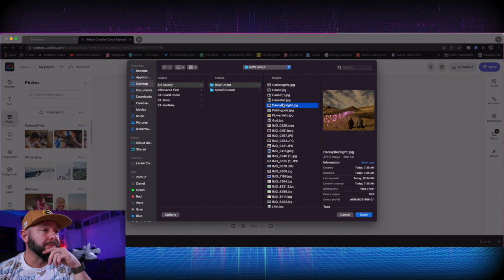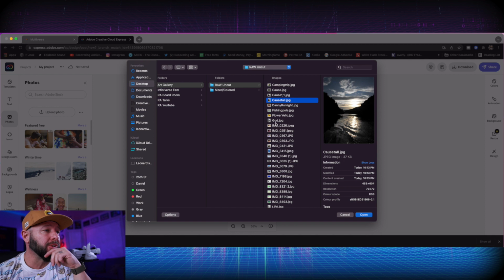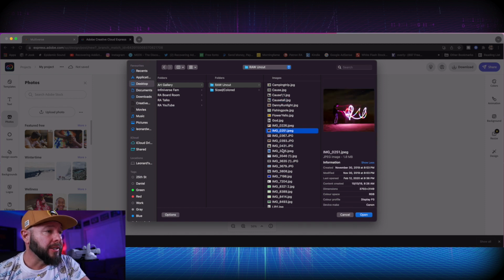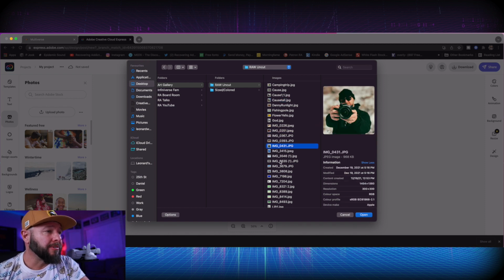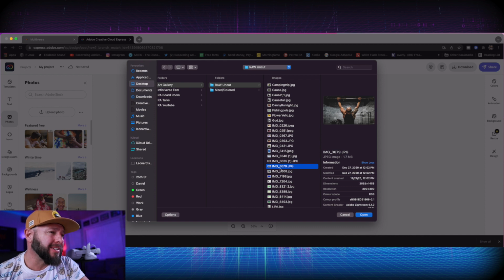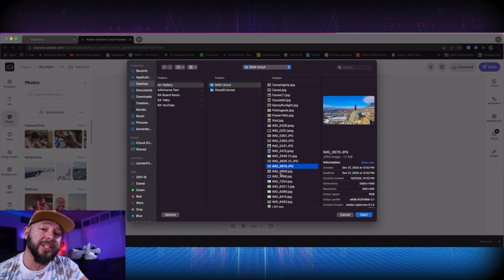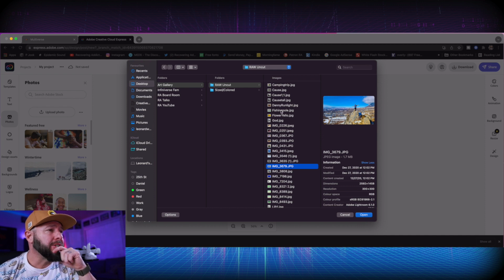We could do some running in the light pictures. We did that. That was cool. Kazi, that's more of a vertical picture. Let's see what else we got. We got me being a photographer. We got me lifting weights. Is that the feel that we want? That's a good 16:9 picture right there. And we'll get to that in a second. But let's just use this